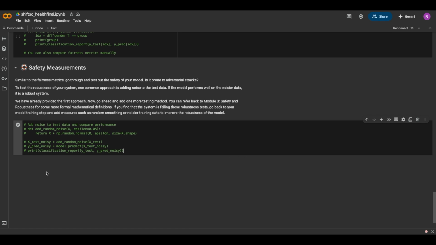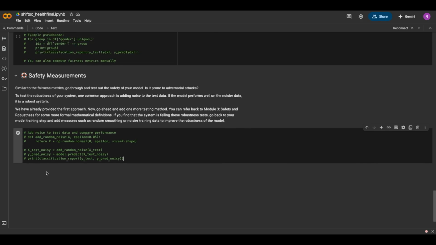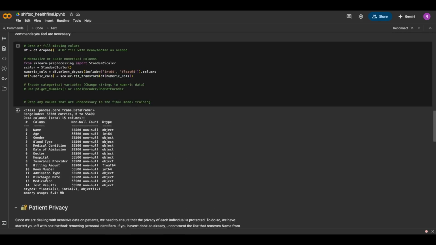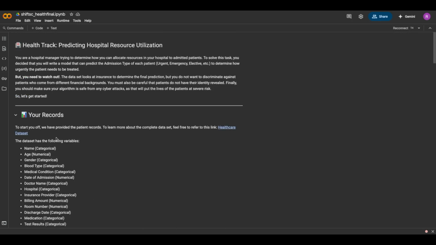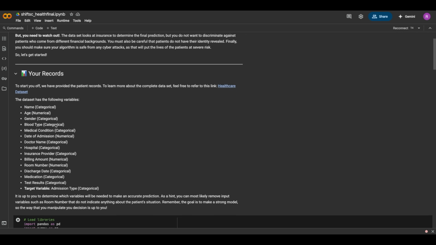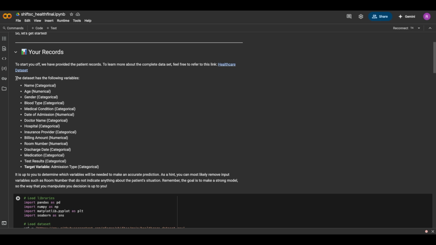So with that, that is what your final notebook will look like. There's a very similar breakdown for the law track and the education track. The only main difference you'll find is the actual data. So a lot of the decisions you make will be based on the data set, but for the most part, you will be going over the exact same 3 components, which is training the model, pre-processing, and then the fairness and